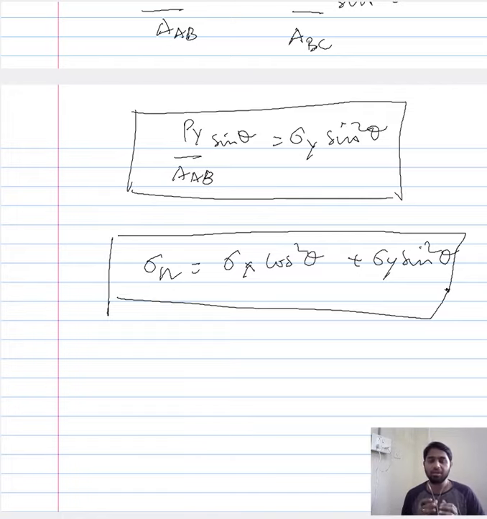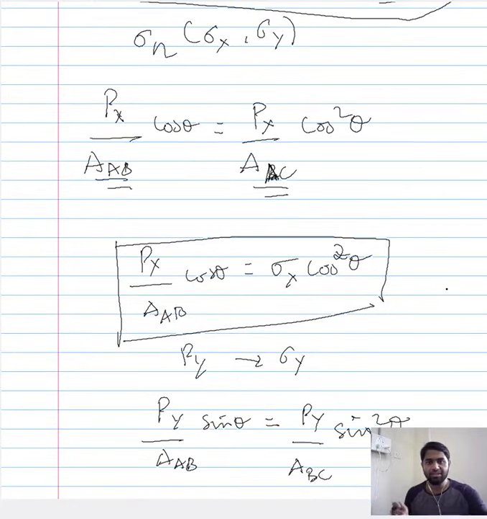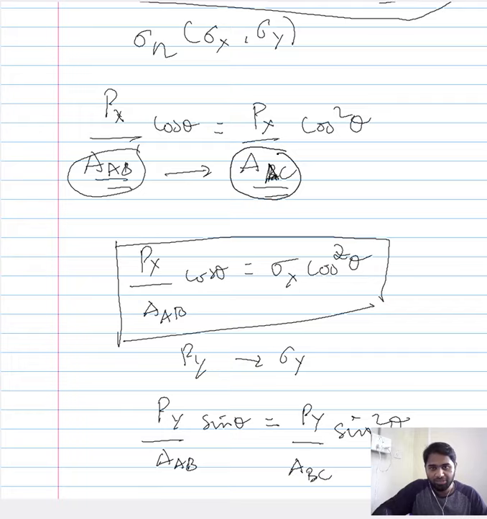Now let us try to understand the expression for the shear component of the stress acting along the region of interest under biaxial loading. So this we have achieved by expressing the area of our interest and relating it to the area that is perpendicular to the x and y direction. If you could recollect, this is exactly what we have done. Area AB is the area of the region of our interest. This we have related to the area perpendicular to the loading direction, thereby enabling us to translate this load into the stress acting in that direction.